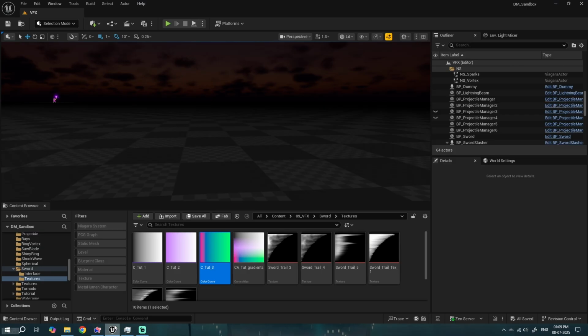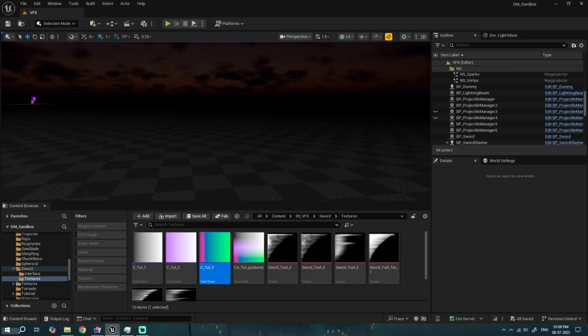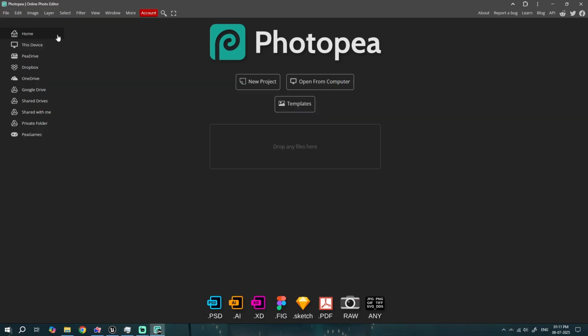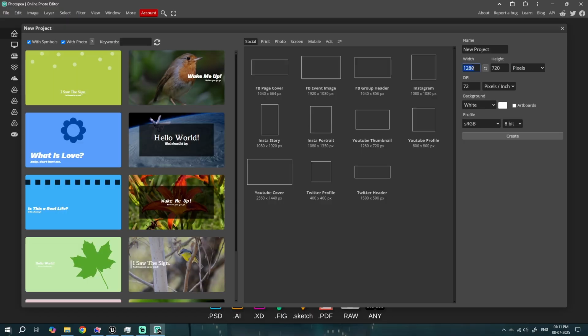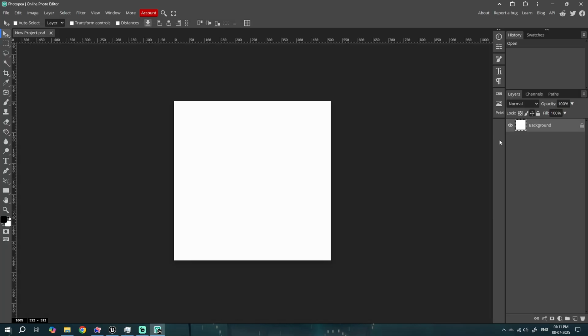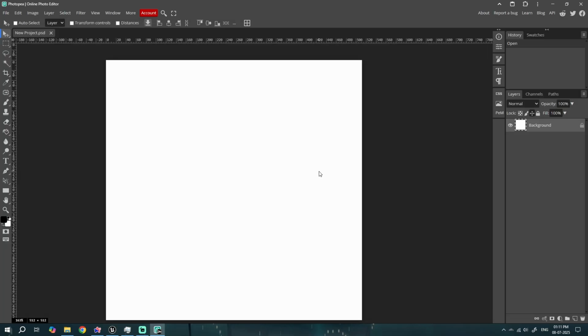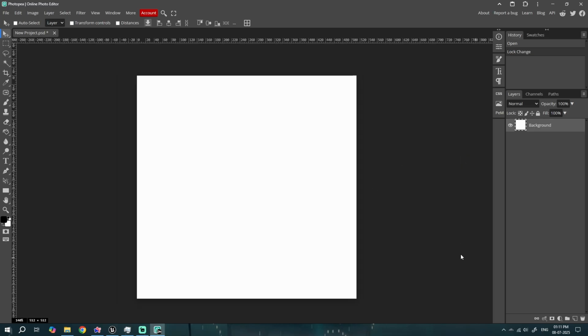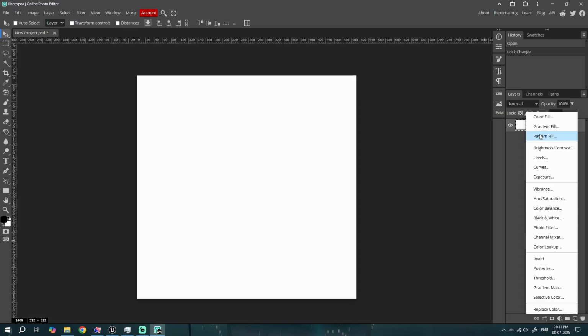So I'll quickly show what it means. For a quick fundamental demonstration, I'll use Photopea. You could use Photoshop too, but this is just for fundamentals, so it's not needed basically. And what I'm going to do is, if I create something like a gradient,